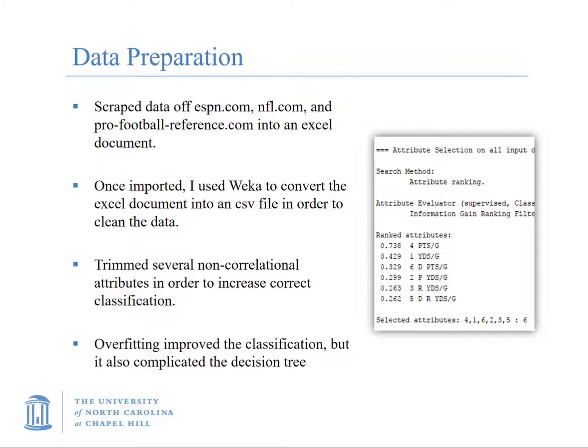So when you're talking about the points, it's the points per game. Well, in the data set that I had, it also had the total points for the season and the total yards for the season, and the ranker just showed it as being redundant. So I essentially just X'd all the for-season stats and just kept it to a per game